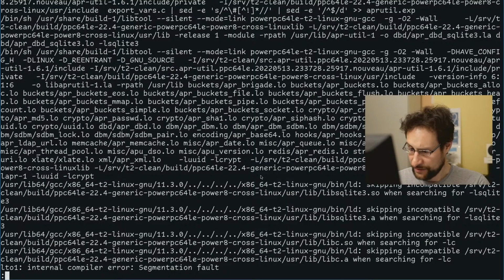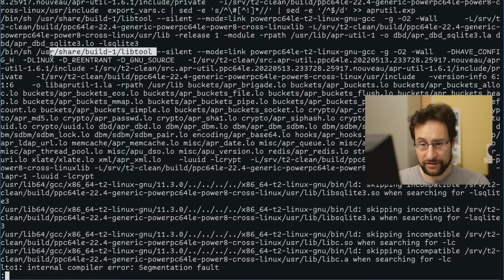But so, what exactly is crazy? Oh, wait a second. Why is it user share build lib2? Wait a second. That is crazy. Why is it using such a lib2? Where does it get that freaking